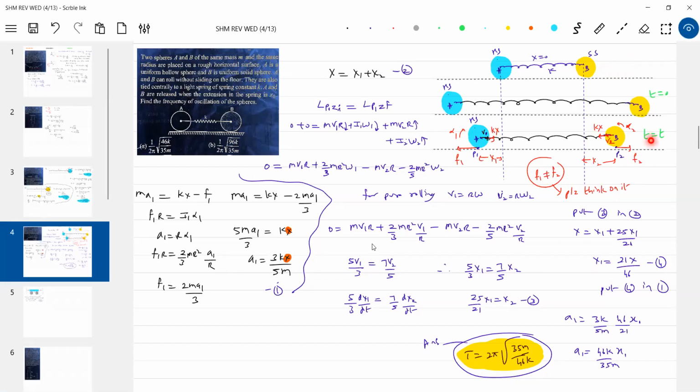Okay, instead of this, we can also do it by kinematics. In an interval of time t, the distance moved by this and this. Because I released here, to arrive at this position, time taken is the same, no? Then I got x2 in terms of t, x1 in terms of t. Then I got the relation between x1 and x2. Then why not conservation of angular momentum? In the book they've given this method, but when I solved by x1 in terms of t, x2 in terms of t, I got the same equation.